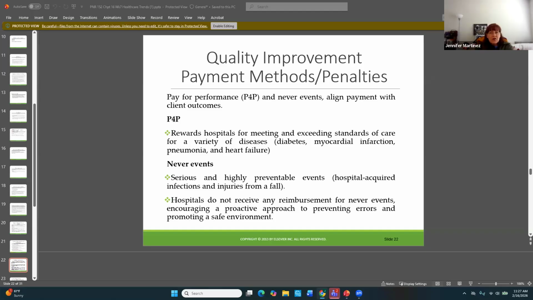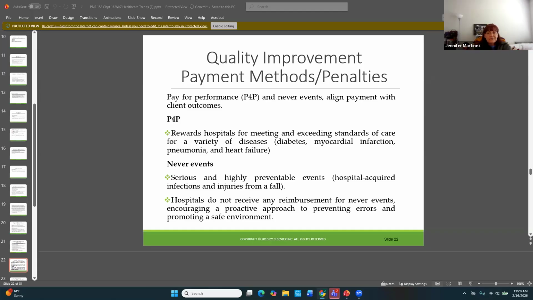Never events are serious and highly preventable events. So, what are some things that would fall under never events? Your hospital acquired infections, so your catheter associated UTIs, your central line infections, pressure areas, injuries from a fall,